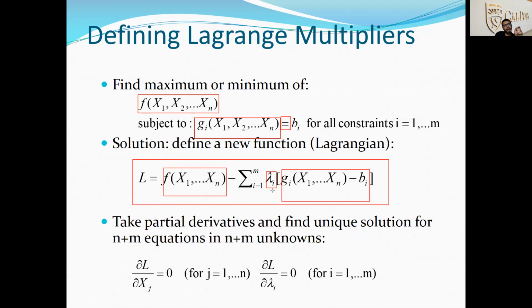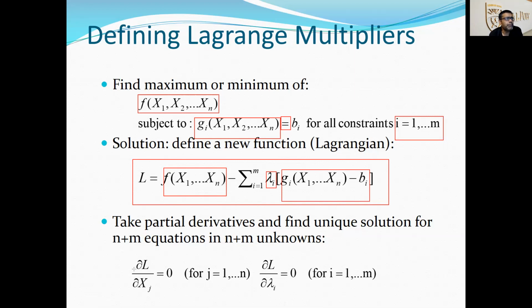I'm doing it from i equal to 1 to m, where m is the number of the constraints I have. Whatever number of constraints I have, I'll have to do that summation for all of those constraints. So see, this is the constraint. If I put 1 in there, the first function gives me the first constraint, the second function gives me the second constraint, the third function gives me the third constraint, and so on and so forth.